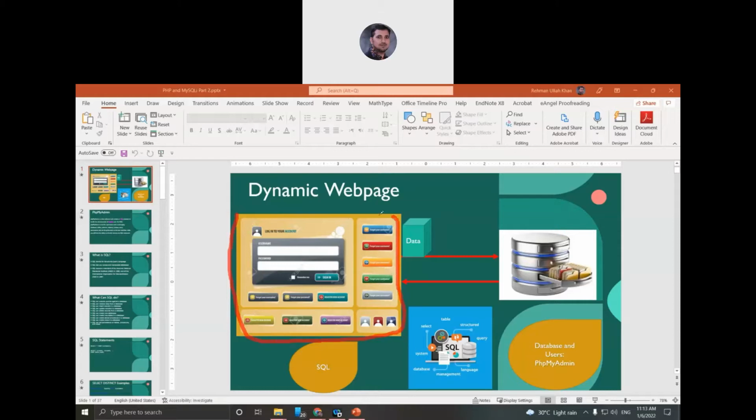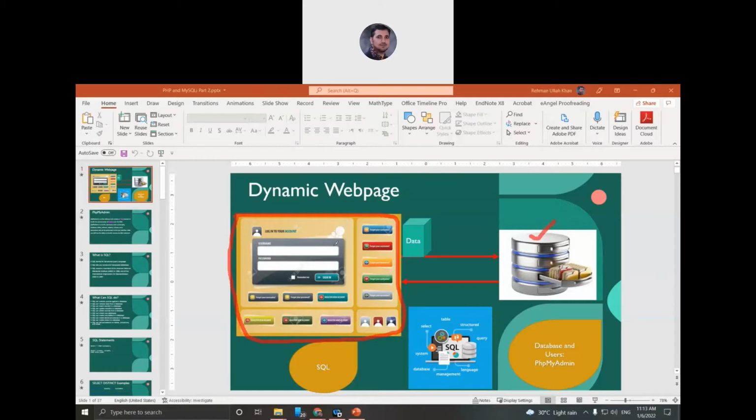The user interface, this design, whatever is displayed here, is designed with HTML, CSS, and JavaScript. We have already covered this. At the same time, this web page is connected to a database.